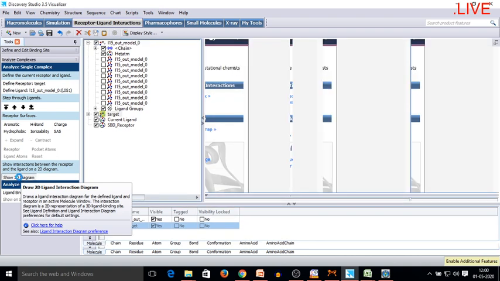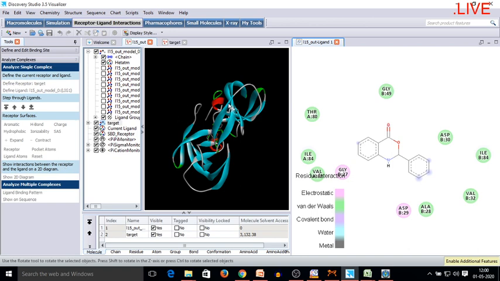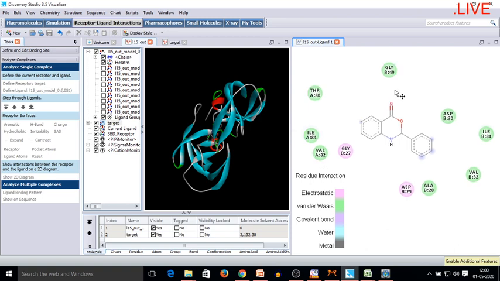As I press show 2D diagram, we can see that the molecule is being associated with these amino acids. By further manipulations and changing display styles, we can also see the formation of hydrogen bonding.